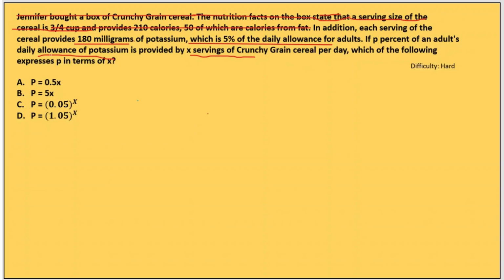Of course, yes, we do see a word related to the P% of an adult's daily allowance of potassium, which is what we're actually looking for. Which means this line, which is 5% of the daily allowance for adults, is necessary information for us. And since the amount is given in percent, you can guess that the answer we are going to get is also in percent, because what they're looking for here is P%,